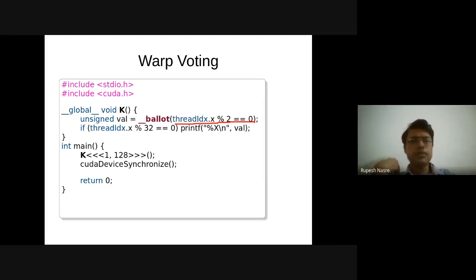Will that be the thread IDx? But x mod 2 equals 0. Yeah, so this condition is going to be 1 for thread 0, and that thread 0 is going to be the last one, and therefore it will be 1010 from the right hand side to left hand side, right? So therefore the output is going to be all 5s. And this is going to be true across all the warps because this is just mod 2. All right, any questions so far?